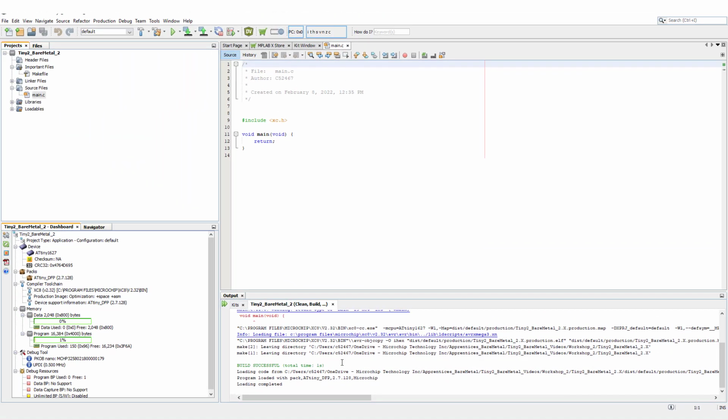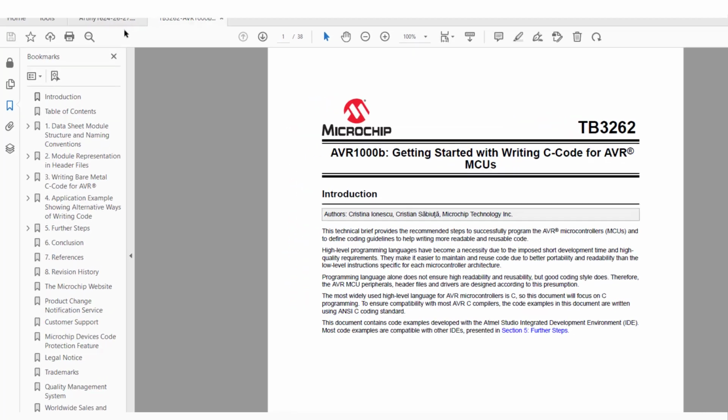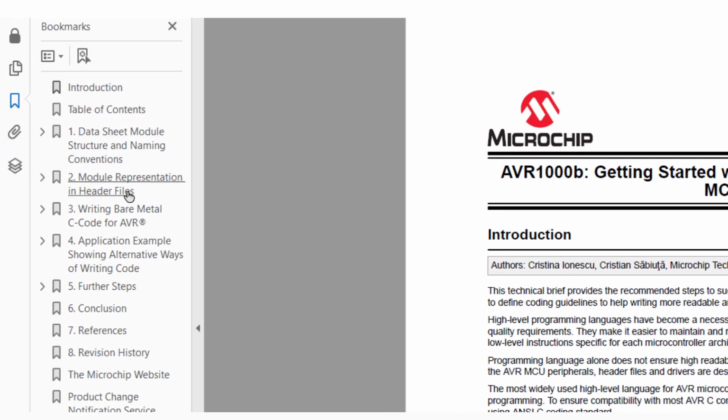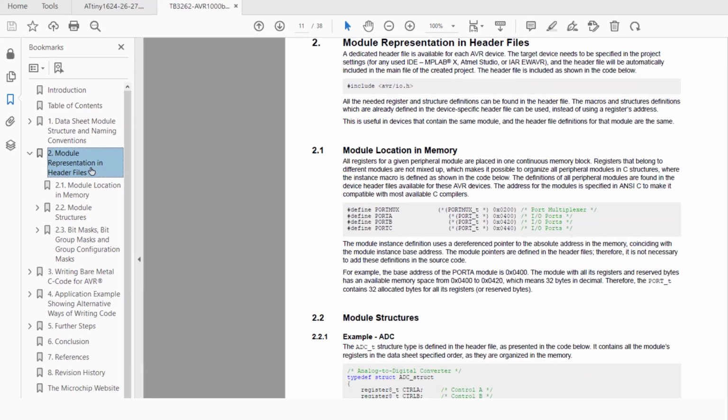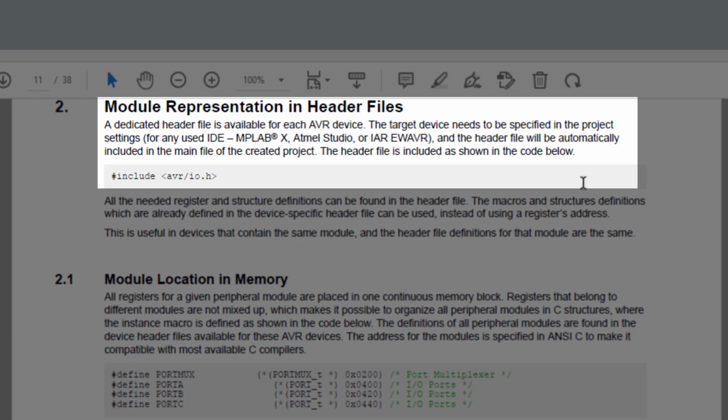Now before we start writing code, we need to figure out what we're going to do. So let's open both the datasheet and TB3262, link in the description below, in your PDF reader of choice. We will pick up from where we left off in TB3262, which was section 2. We had covered the part about the dedicated header file being included by default when we defined our device while initially setting up the project,